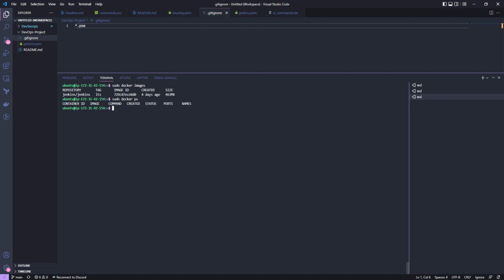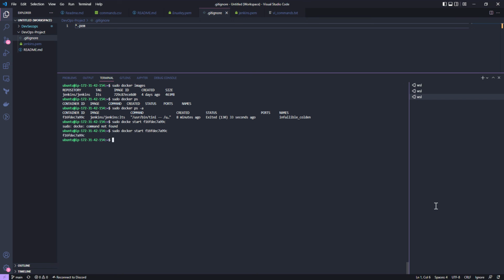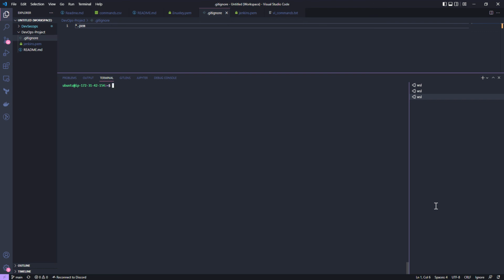So how do we check that? So we say sudo docker ps hyphen a. Oh, you can see that this particular state has been exited. Now what we can do, we can copy the container ID and write sudo docker start. So one R is missing in docker. That is why. So it started. Let me clear the screen and check